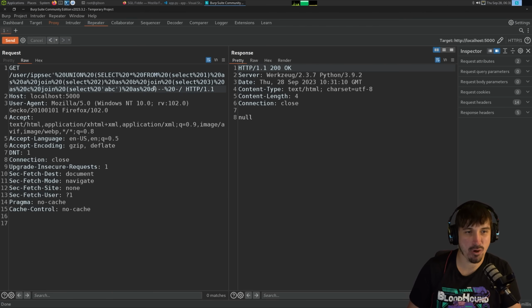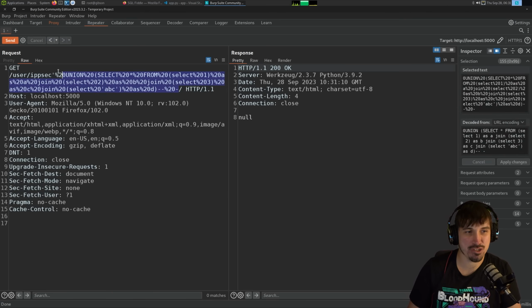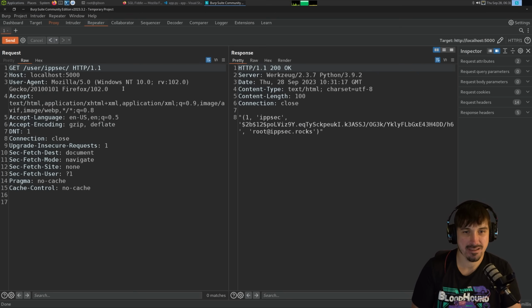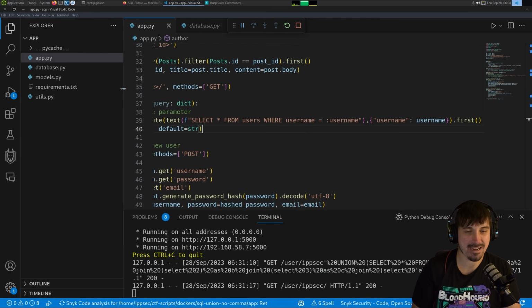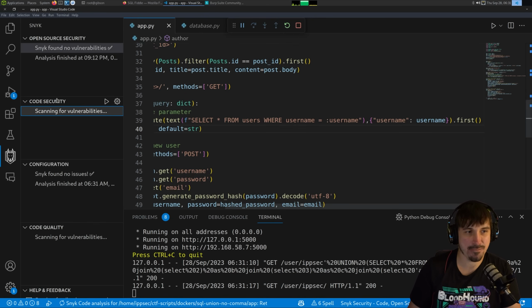There we go. We get null because this is no longer injectable. It's just saying, hey, that user does not exist. There we go. So that fixes that. And now Snyk, if we go, it's going to scan the code for vulnerabilities, and it will no longer find any SQL injection. It definitely helps if you do syntax correctly, but hey, you guys got to see Copilot Chat